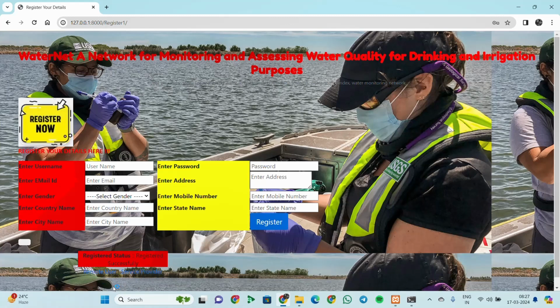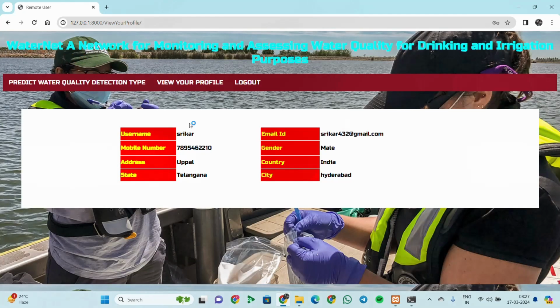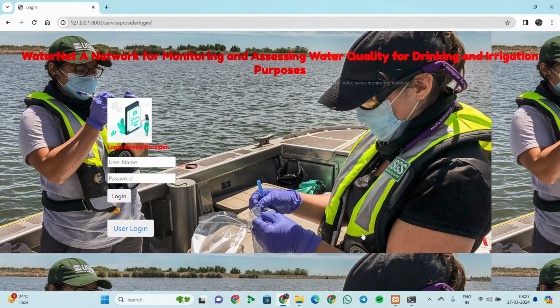Registration has been successful, and if I want to log in, the login is created. This is the profile, and I am logging out. And for the service provider, if any admin wants to log in, the admin login is here,